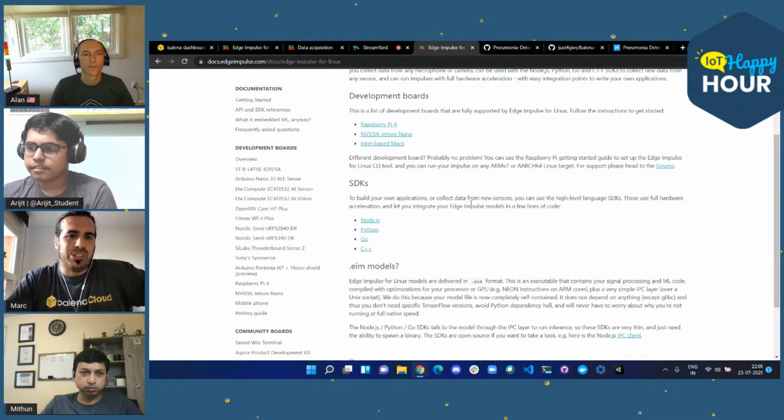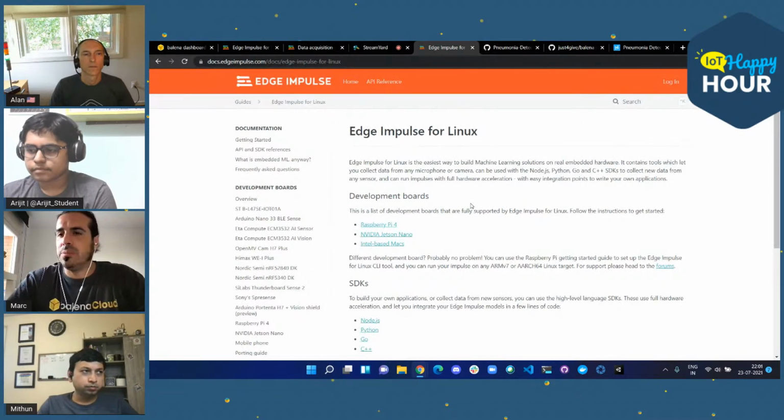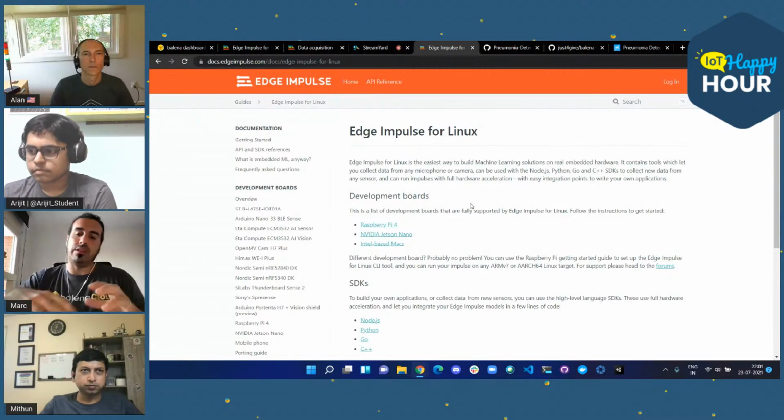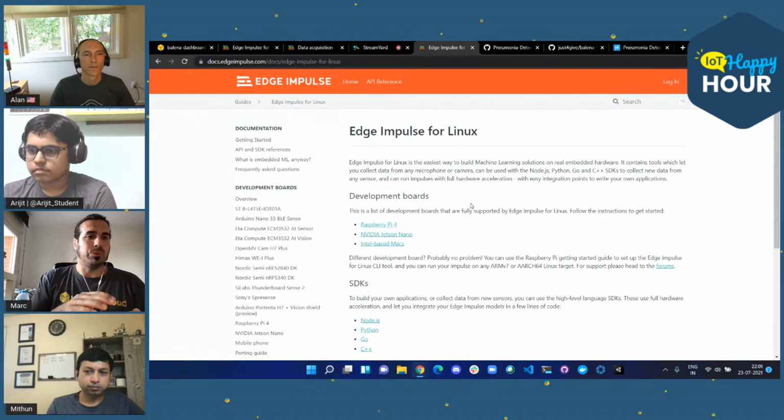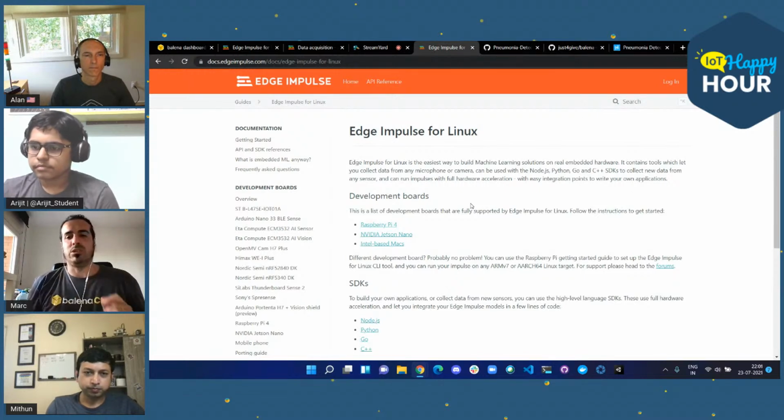And you built a project, right, using Edge Impulse for Linux? Actually, let me share on the chat that project you worked on, which is on Hackster, because one of the differences that I think Edge Impulse launched with Edge Impulse for Linux is object detection, right? Yes, so it's possible to do object detection as well on Edge Impulse.